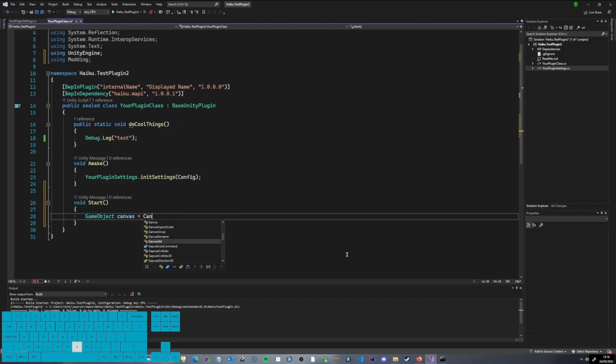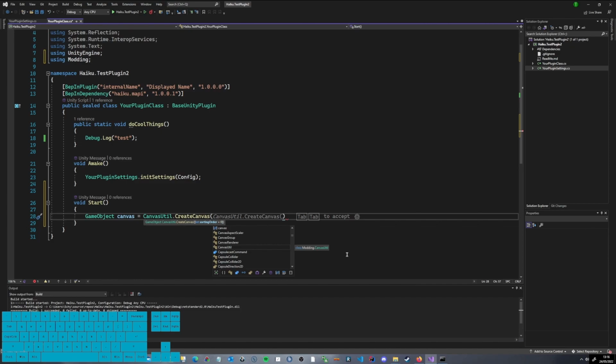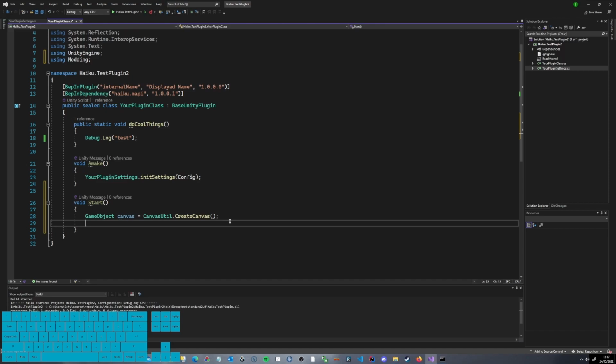So we have our canvas. We just use canvas util.create canvas, and we can even specify a sorting order. This is basically the order in which the canvas is rendered. So if we put it into 1, it's rendered earlier. For example, we have a vignette in the menu, and that's basically just a black filter, or a black box which is semi-transparent over the whole UI. So everything's a bit darker. So if we just put this into 1, this wouldn't be affected by it anymore. Yeah, if you just do it like that, it's affected by it and it's a bit darker. But I can show you that in game again.